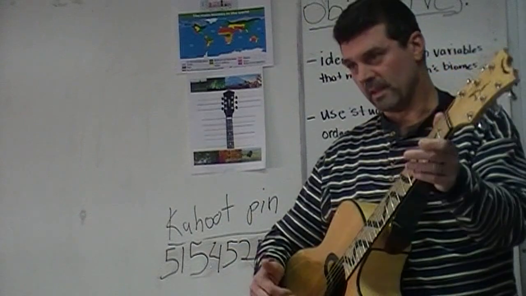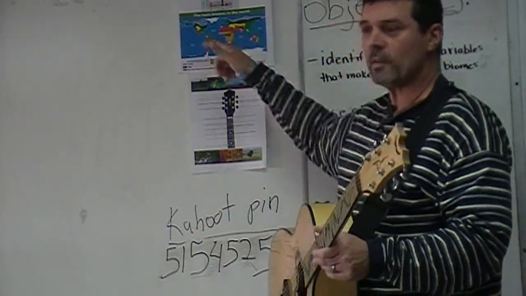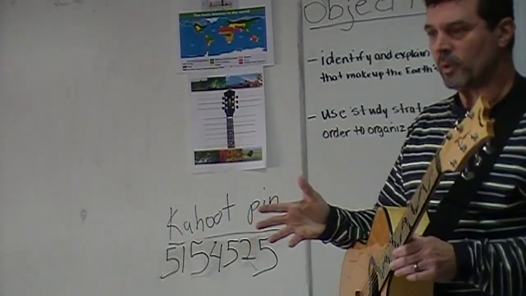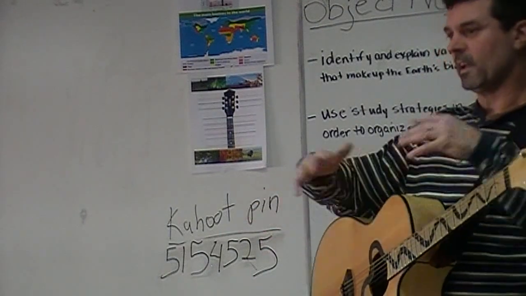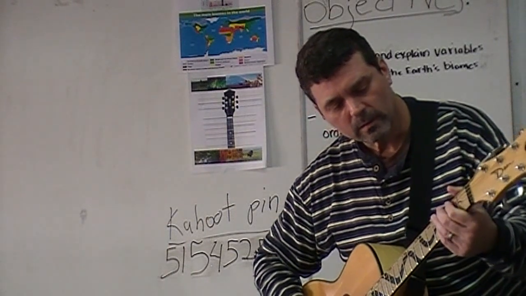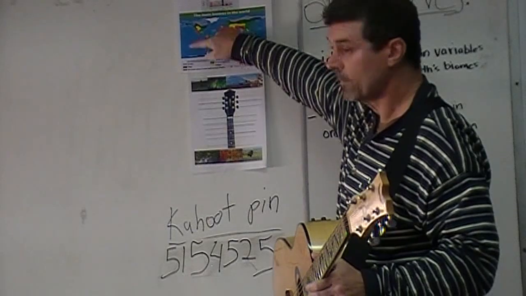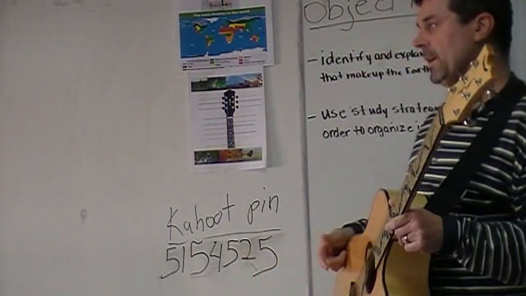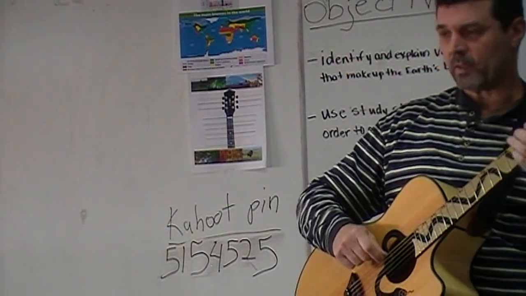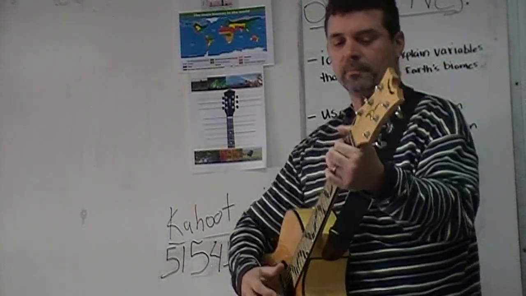D, the D string, desert. We've got arid areas. The etymology of desert comes from desertum, which means abandoned. When you look at a desert, there's nothing there. A is for Arctic, cold, which would also be the tundra. And then, of course, we talked about this F right here, the deciduous forest,